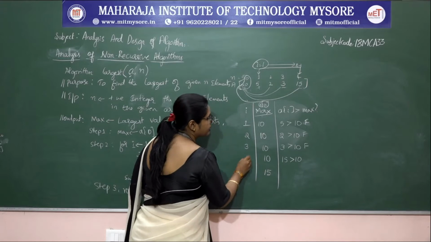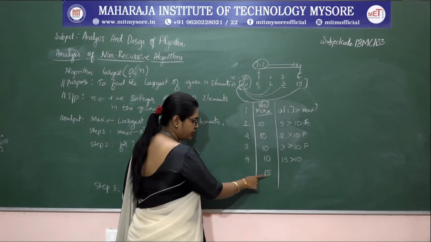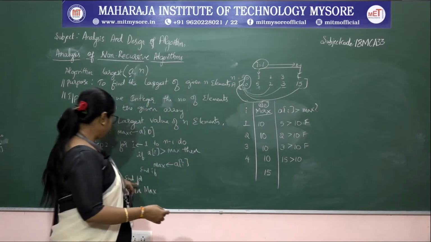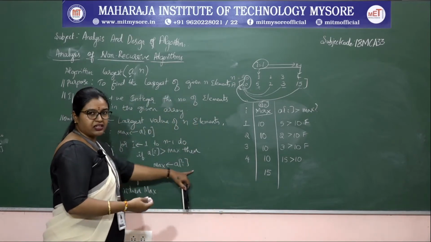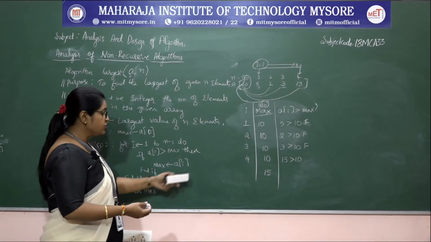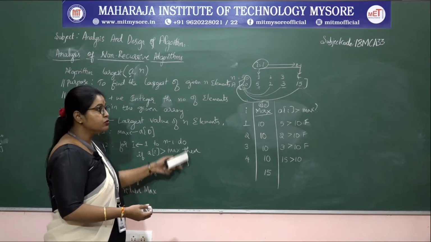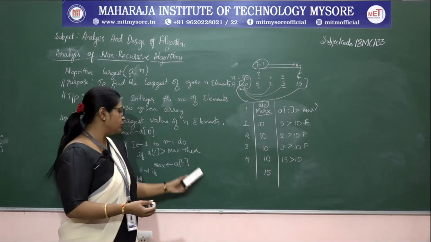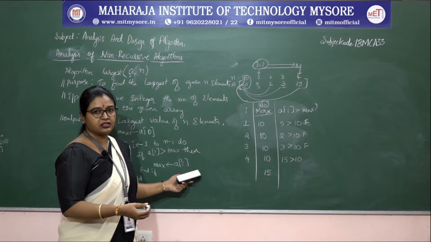A of I, in the ith position we have 15, therefore max is 15. Now I gets incremented. Here you could have a break statement, but instead you continue with the step. Why? Because here you can't have a break, since we need to go up to the end of the array. So you should not have a break or return statement here.